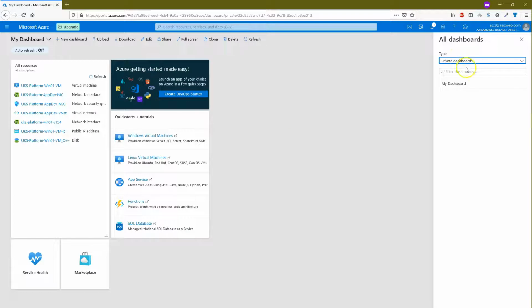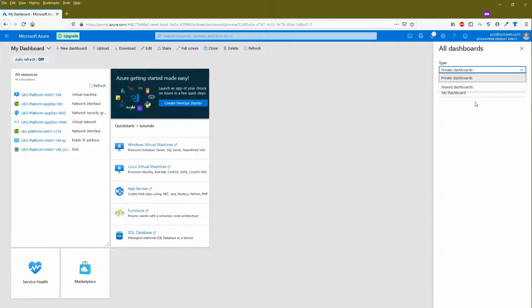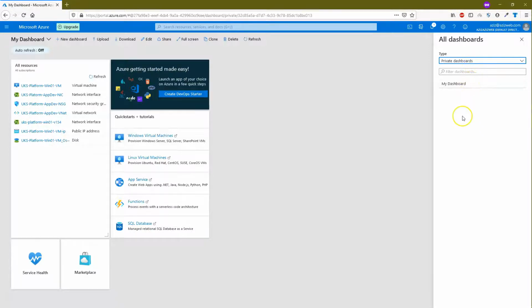It contains a drop-down list of dashboard types which are private and shared dashboards. By default, private dashboard type is selected and display a list which contains all private dashboards. As you can see, there is only one dashboard as of now. Select shared dashboards type to see all shared dashboards. There are no dashboard of this type as of now.